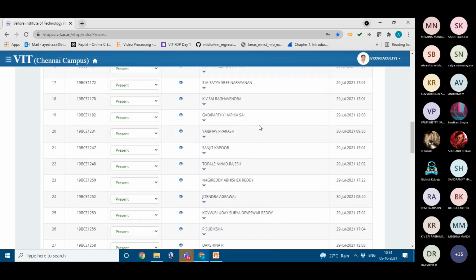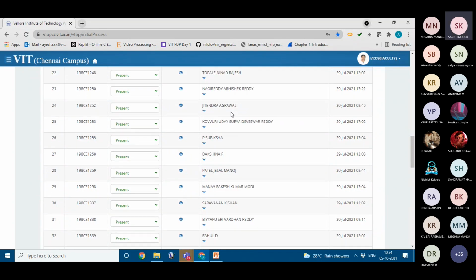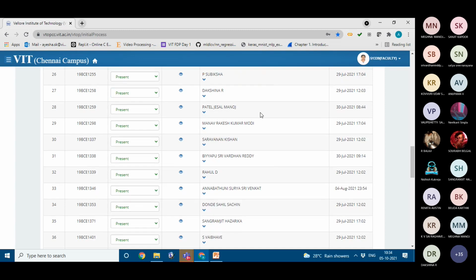Sai Raghavendra, present ma'am. Vaibhav, present ma'am. Sanjay, present ma'am. Abhishek, present ma'am. Jitendra, present ma'am.